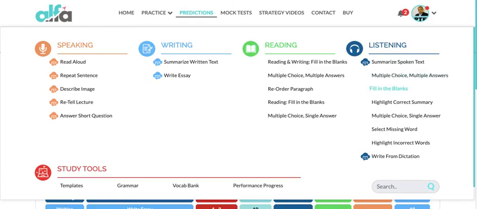So fill in the blanks is obviously far more important than any other question. So compared to other questions, give fill in the blanks a little more priority, and make sure that we recheck the spellings, make sure we have a nice grammar balance, judgment on ed, es, or singular, plural whether it is needed or not is important. So in the listening blank space, spellings and grammar, you should develop the habit of scanning these two things in a very balanced way. Okay, so that's your third question, blanks.